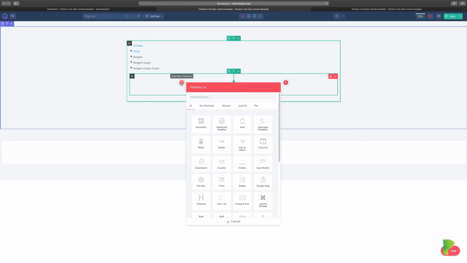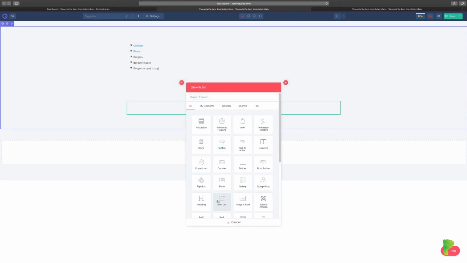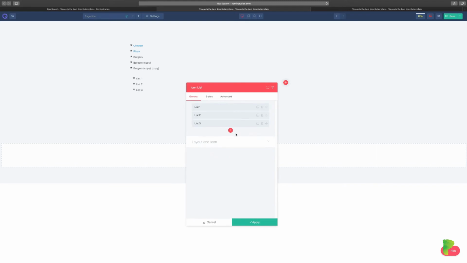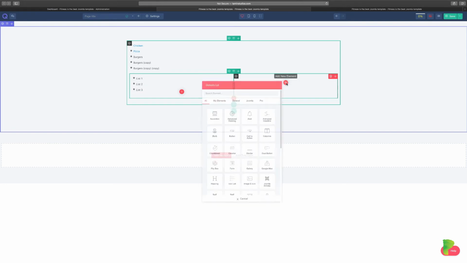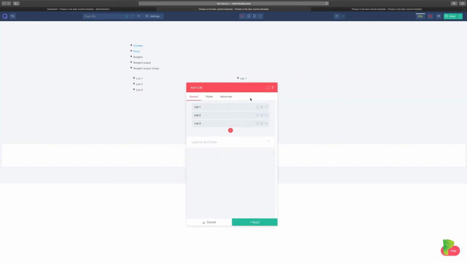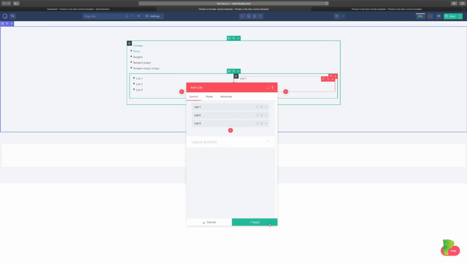So let's click here, add icon list. That's our first list, apply. Add another one. Apply. And then for this top part here,